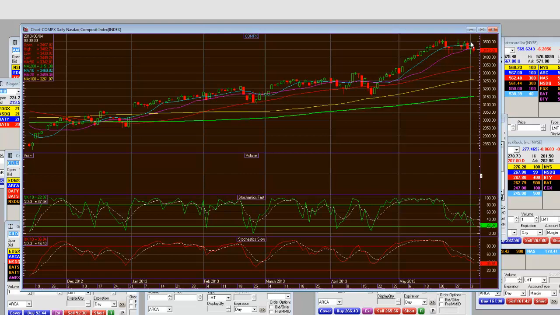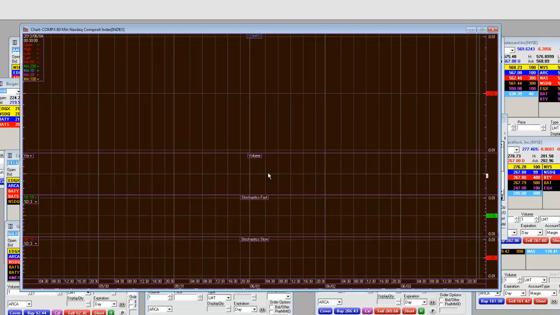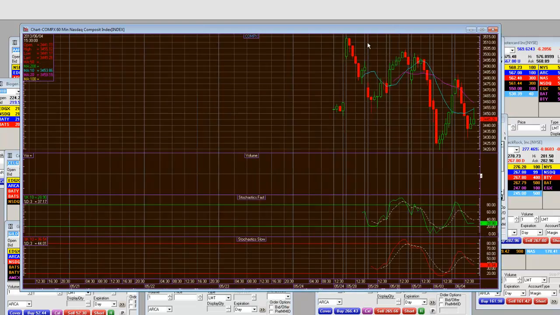We told people this in the third week of May, that the volatility would increase and that stocks would sell down and that you could do okay shorting. It's in the middle part of the year. And on the Nasdaq Composite on a daily level, you can clearly see here that we've been selling down. Now, when I show it to you on a 60-minute level,